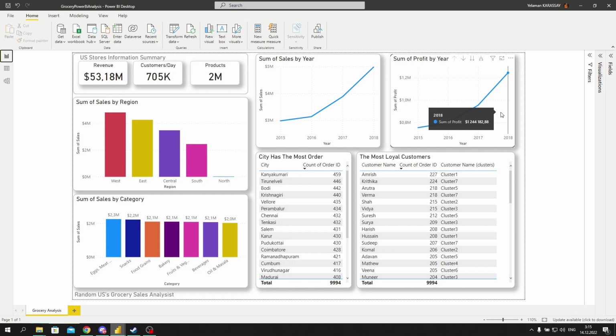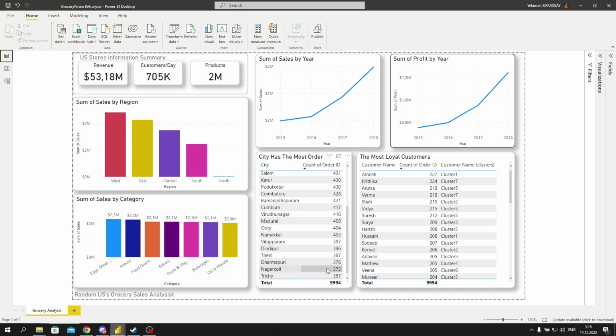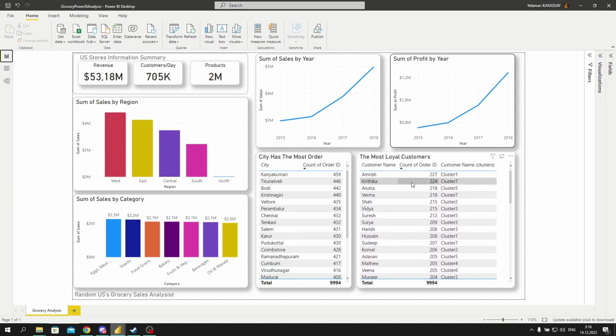We can focus on it, and also here we can create some analysis based on the customers and the places where they bought. So we can observe from the data which cities have the most orders. We can check the cities, and we can see the top orders in general. And also we can pay attention to our customers, because customers are who we can focus on, and we can divide them into different clusters, and we can also check their